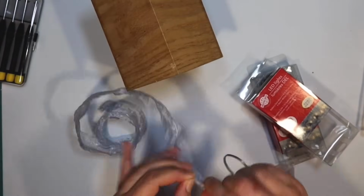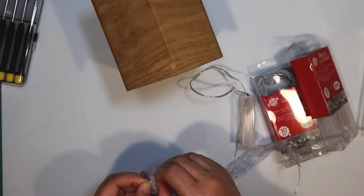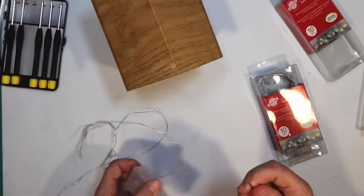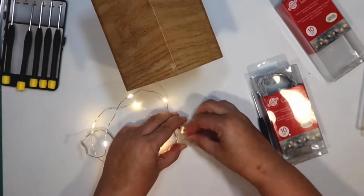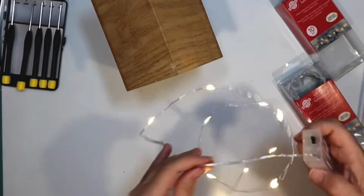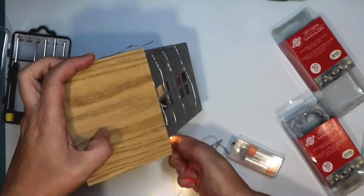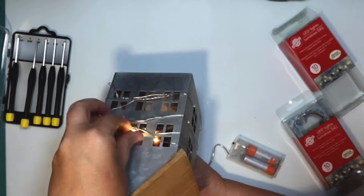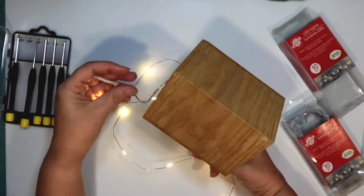And you know, it's a Griswold house, so it's definitely going to need even more. I didn't have any more of those, but I had some of the ribbon, which is the same thing. It's just inside of a ribbon. So I said, well, I need more lights, so let's just take the ribbon off. They're little LED lights from the Dollar Tree because we need more Christmas lights if this is going to look like a Griswold house. So again, I'm going to store the battery pack inside my house and feed it through